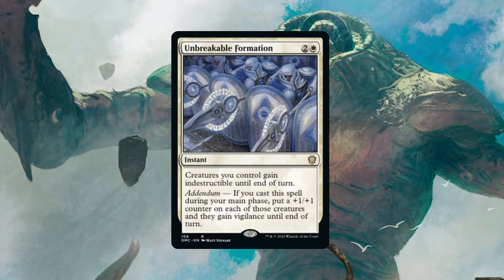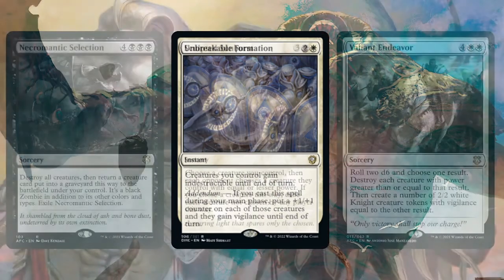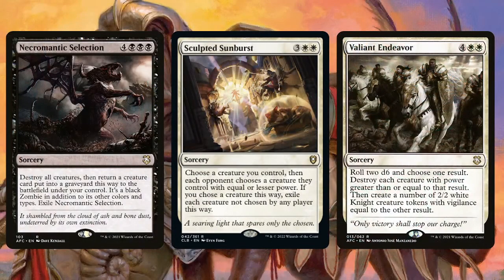A lot of our board wipes are pretty symmetrical, and then it's going to put a bunch of +1/+1 counters on each of those creatures, and they will gain vigilance until end of turn. So the full combo is save up, I don't know, 8 mana because the cheapest board wipe we have is 5. So Sculpted Sunblast is going to